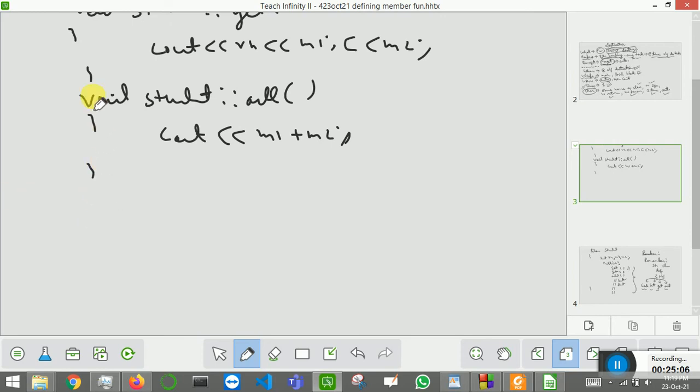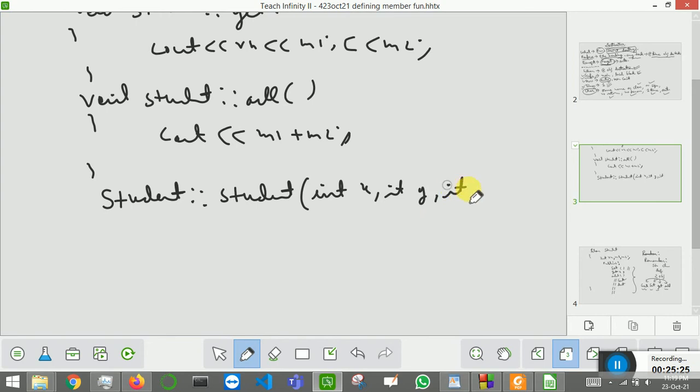For a constructor there is no return type. For example, in this function there is a return type. For a constructor there is no return type, so I will write the class name, Student, and then I will write the function name. So here the function name is the same as your class name. Now this is what I have written. Okay, so this is your constructor, this will be your class name.